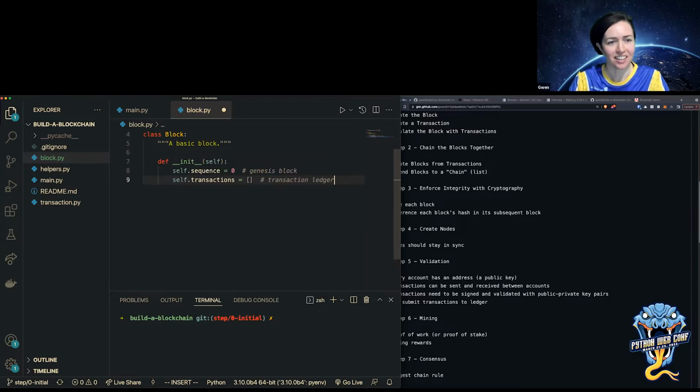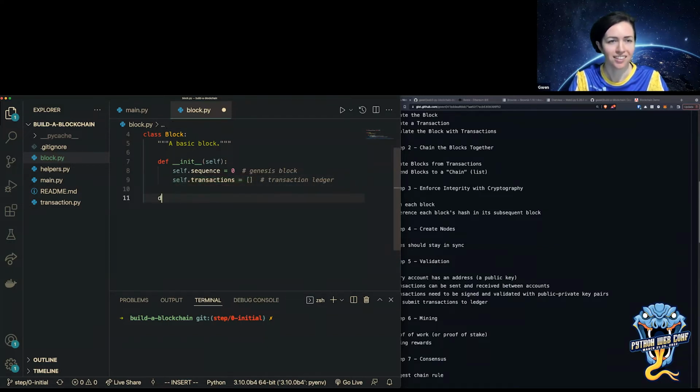So blocks always have a sequence or a block number. So I start off with 0, which is the Genesis block. I'll have code to actually update this later. And then for now, I'm just going to store a list of transactions on this block.